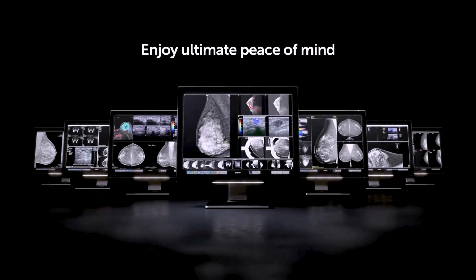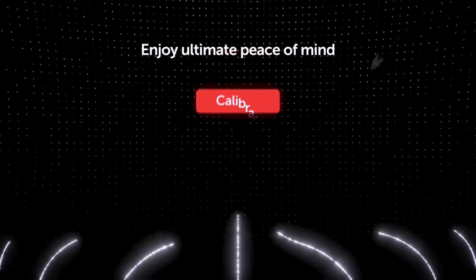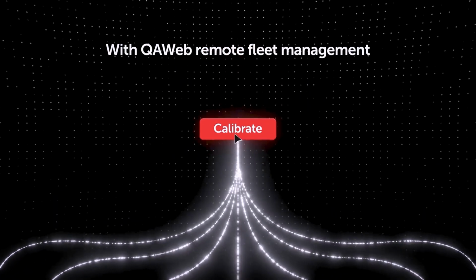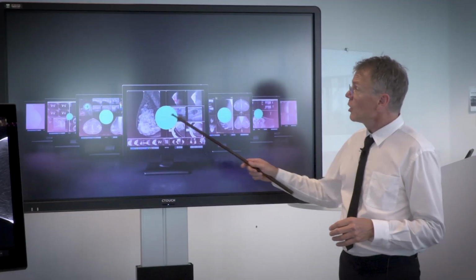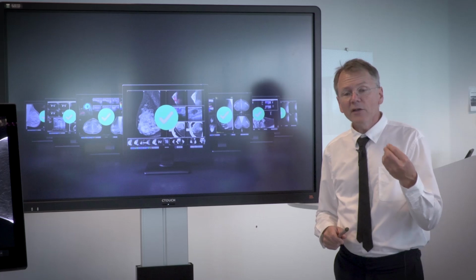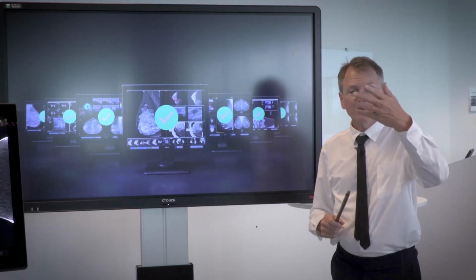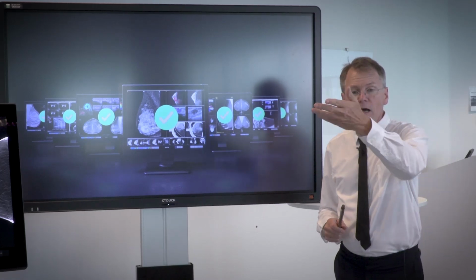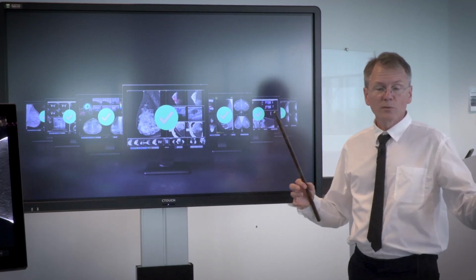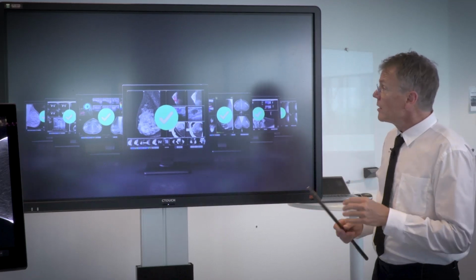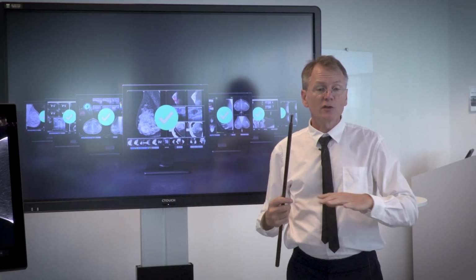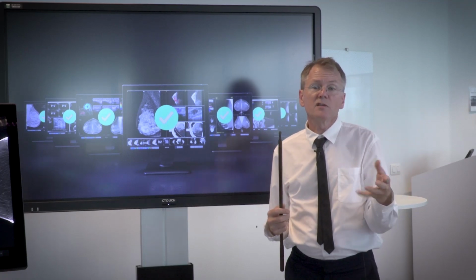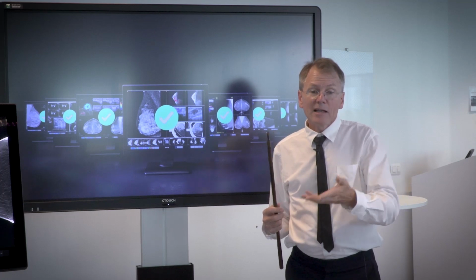And then in terms of the quality control, how does that bring you peace of mind? The important thing is that the workstations are all hooked up to the cloud, and they're giving their quality information up to the central server, but also they're inheriting the policies that the institution sets so that everybody's equipment is properly calibrated and being checked.